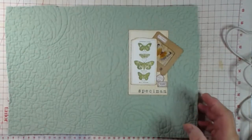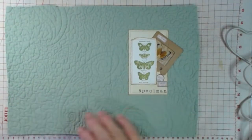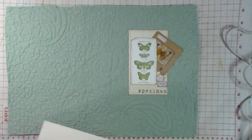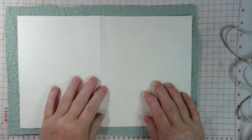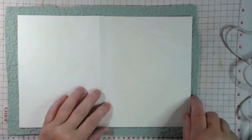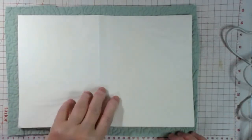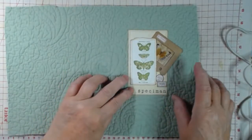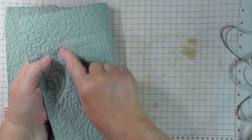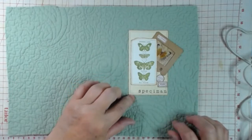So we're making this cover, and my process is to cut it larger than the inside, and this is 8.5 by 14, and so I like to have a 1/2 inch to an inch all the way around it, and then I decorate my front and I sew the decoration right onto the quilted fabric. So now my next step is